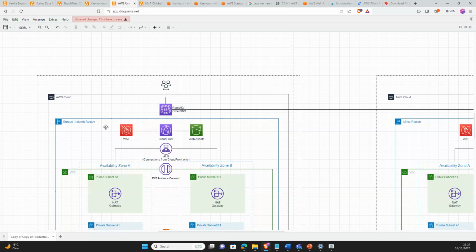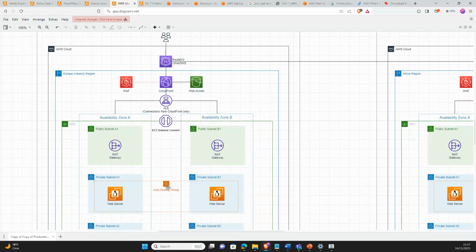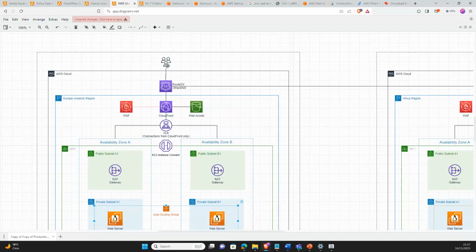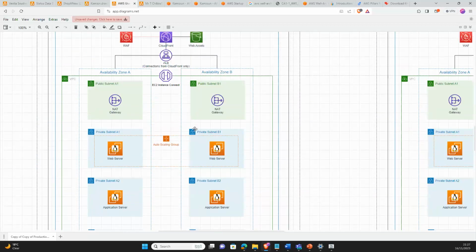Then leveraging auto-scaling groups, so that in case traffic is too much, maybe we start with one EC2 instance, and if there's too much traffic, we can automatically scale it across these availability zones to a second EC2 instance, meaning that users will have a seamless experience with the application.